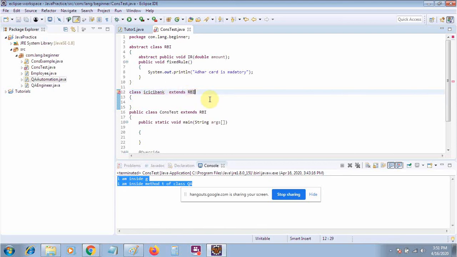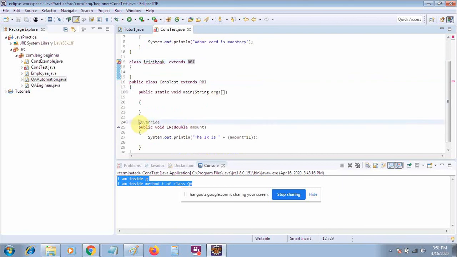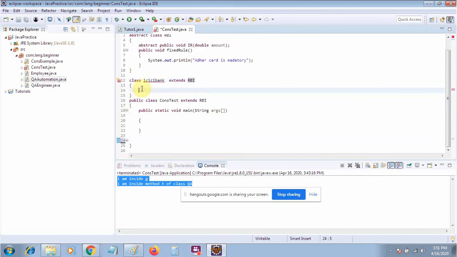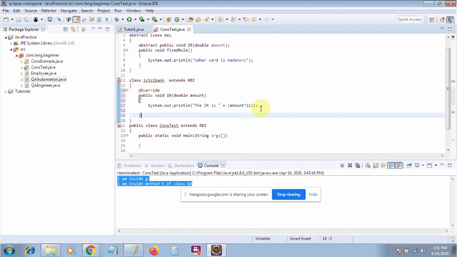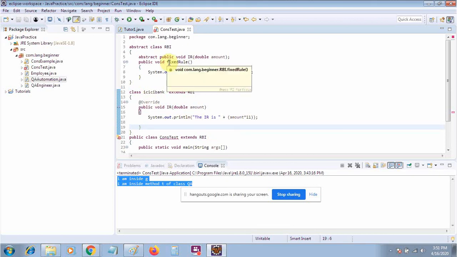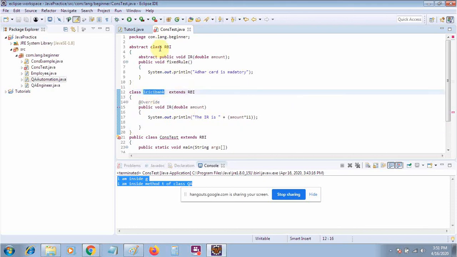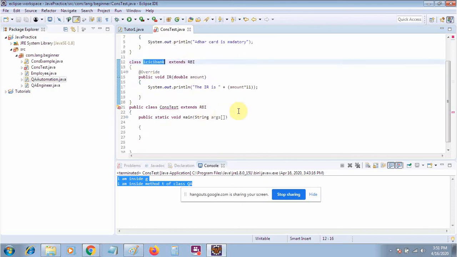Now it has to follow some methods like this one. This is the RBI class which has some fixed methods that you have to follow, and also some variable rules, flexible rules that you can change as per your need. Suppose there is an ICICI Bank which is just following this one.